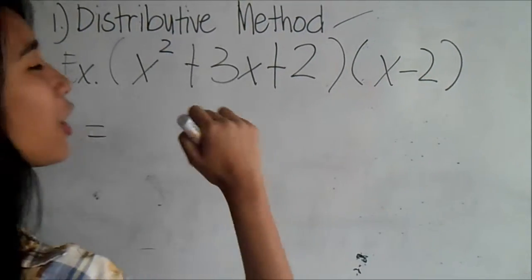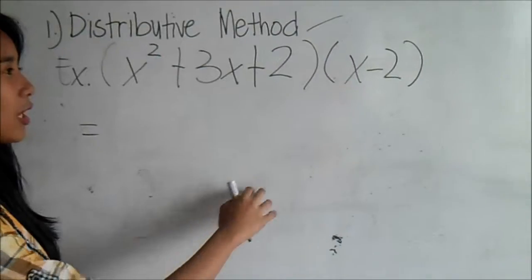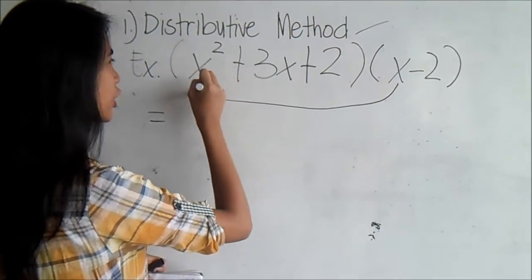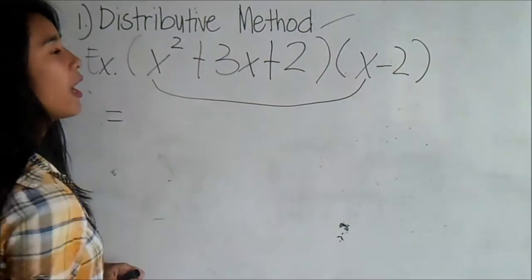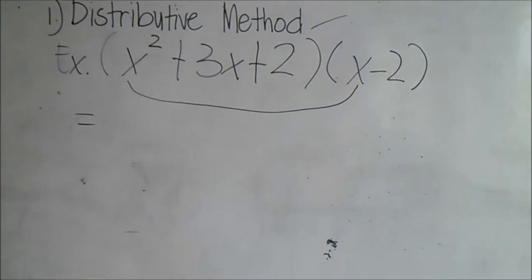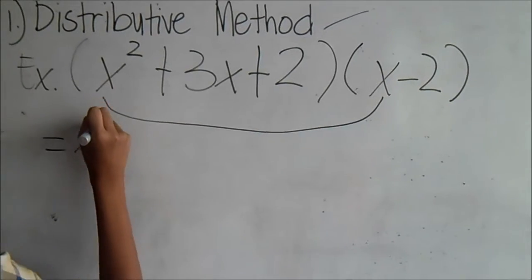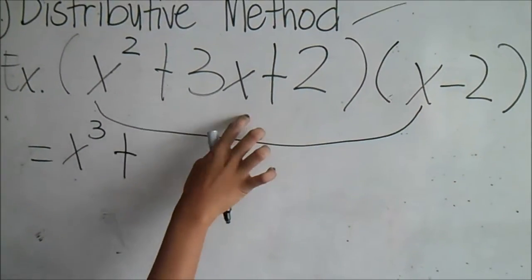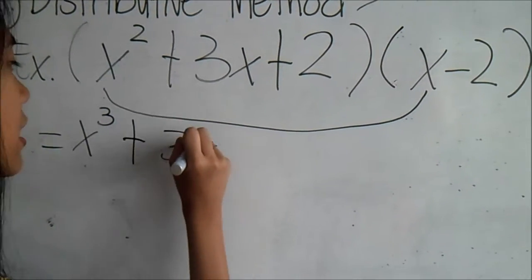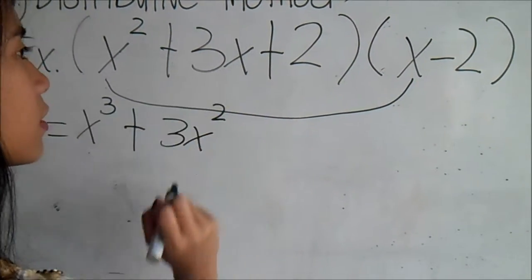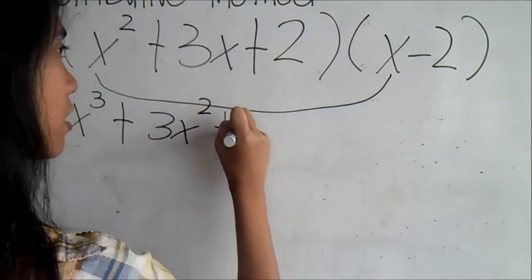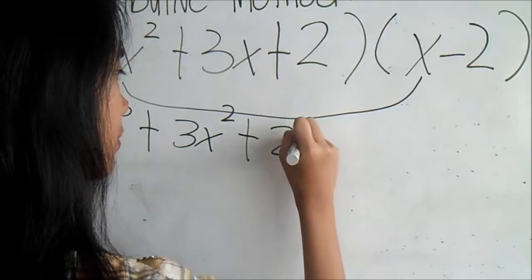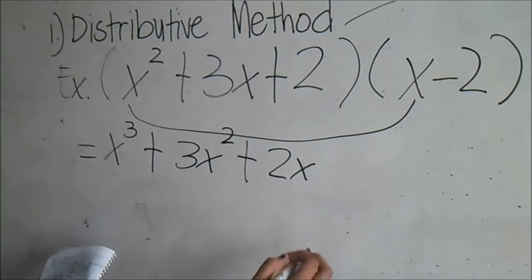Equals, and first you have to solve the first term, which is the x. x times x squared is equal to x cubed, plus x times 3x is equal to 3x squared, plus x times 2 is equal to 2x. Then